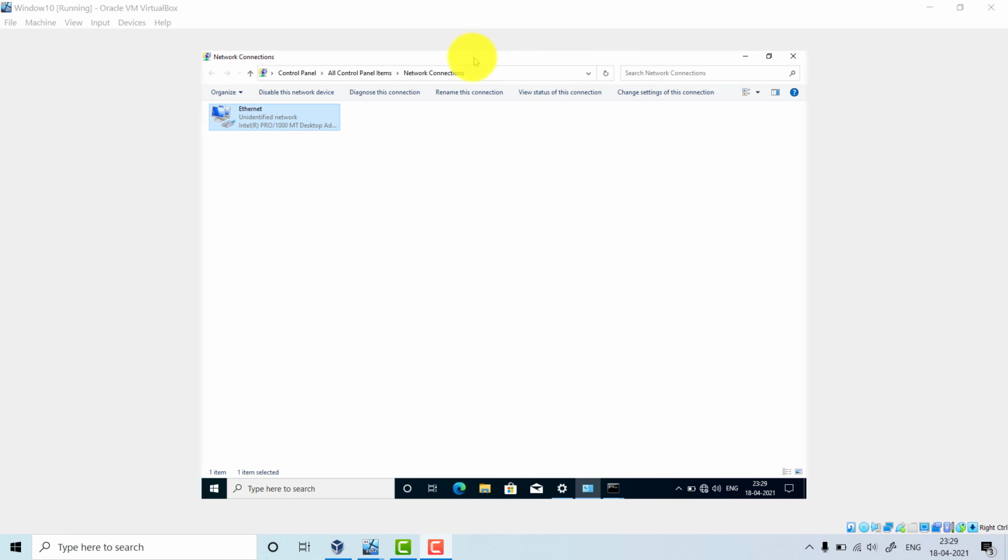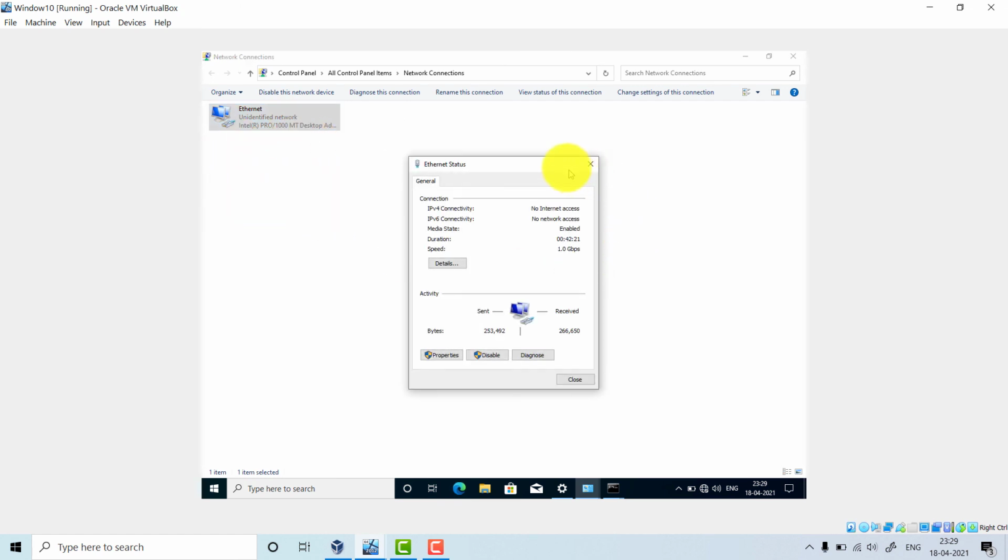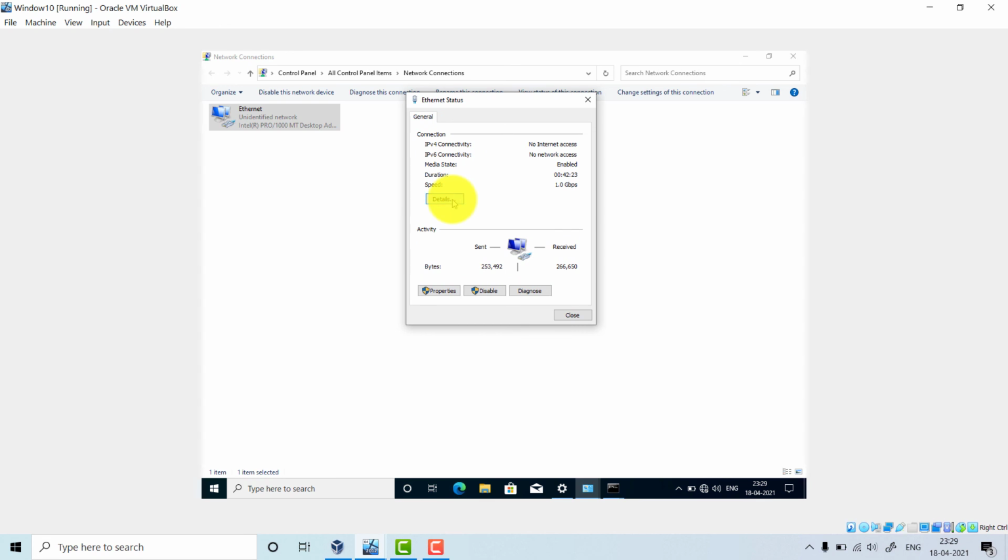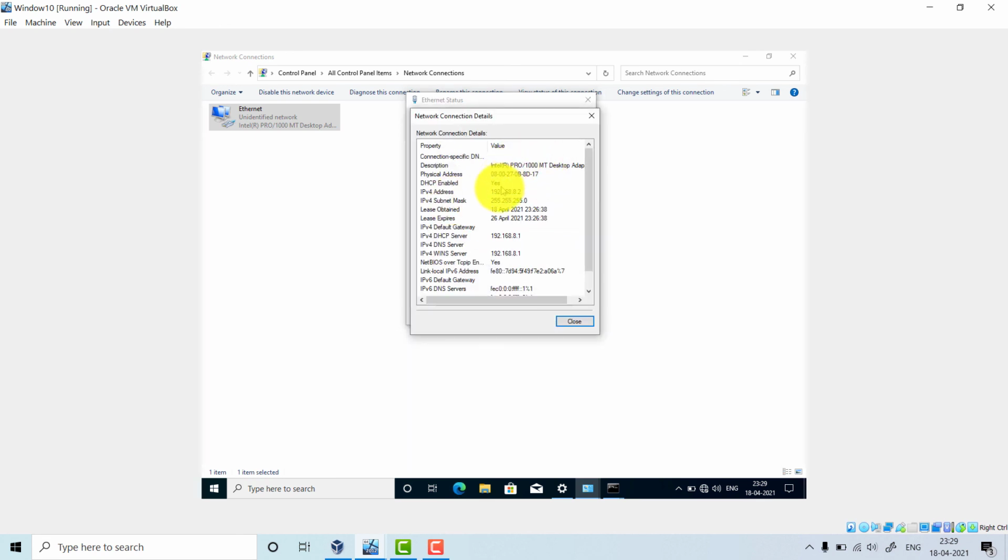Okay, so for that, open the Ethernet, right click it, just click on status. See here, students, click details. Now see, DHCP enabled, yes, the IP address obtained by this client machine is using DHCP. Okay, it is a DHCP enabled client.